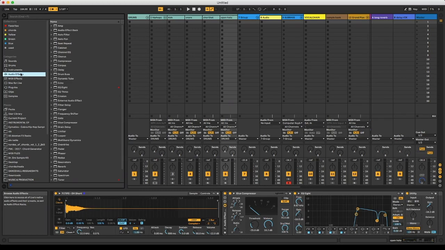Same with effects, tons of them. Everything from amps to loopers to, it has a built-in tuner, so you can tune your notes, no longer guessing what key your stuff is in. You slap that tuner on and you can see what key's playing, and then do your transposing and changing to get stuff working. Right, and the next one is MIDI effects,